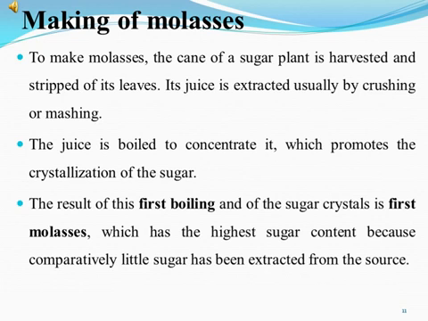Making of molasses. To make molasses, the cane of a sugar plant is harvested and stripped of its leaves. Its juice is extracted, usually by crushing or mashing. The juice is boiled to concentrate it, which promotes the crystallization of the sugar. The result of this first boiling and of the sugar crystal is first molasses, which has the highest sugar content